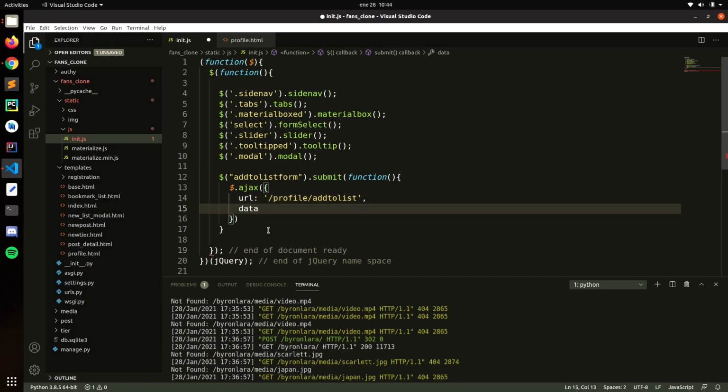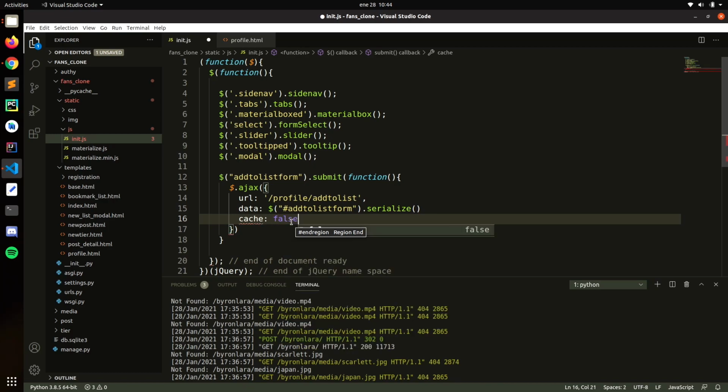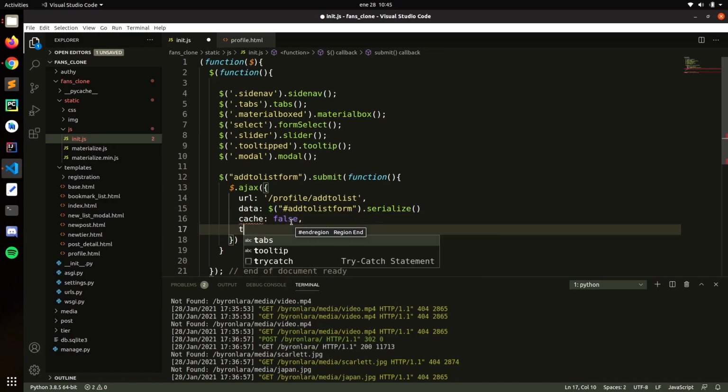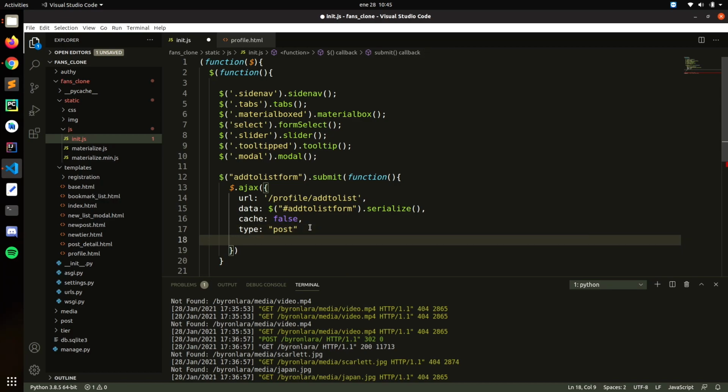Now data, basically we need to put pound here, so we search back to add to list form, and then we just serialize that. Cache false, type post, oh we forgot the comma here, post, and